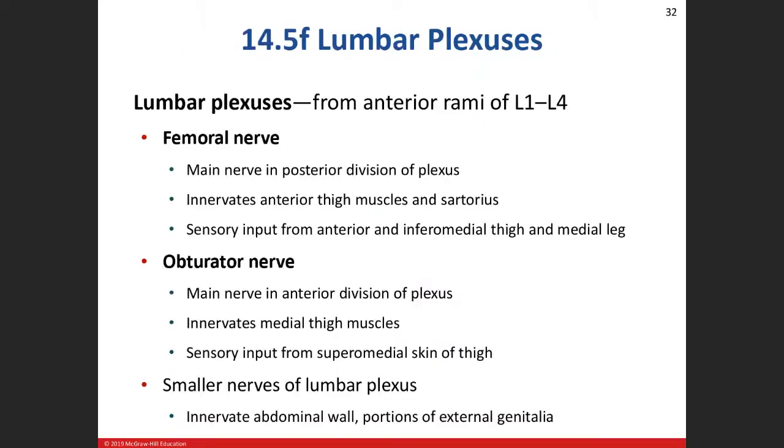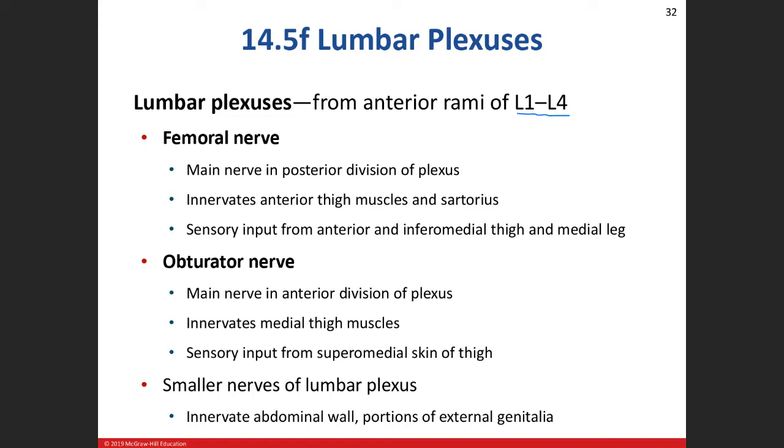All right, let's talk about the lumbar plexus. Two more plexuses to go, the lumbar and the sacral. The lumbar plexus comes from the anterior rami of L1 through L4. So the two big nerves that are going to be involved in that are going to be the femoral nerve,